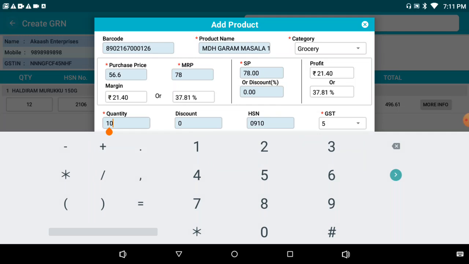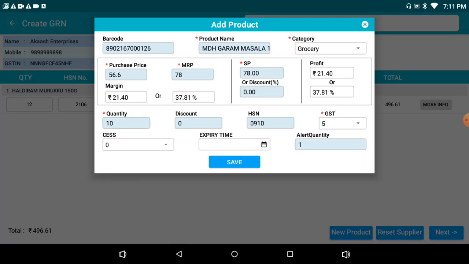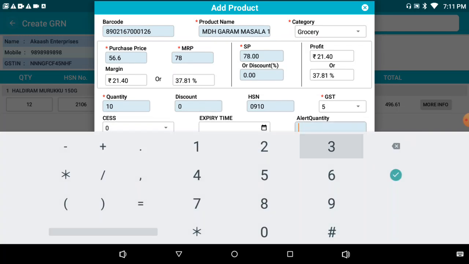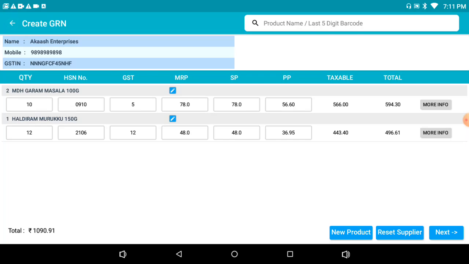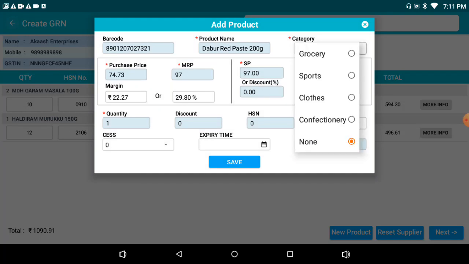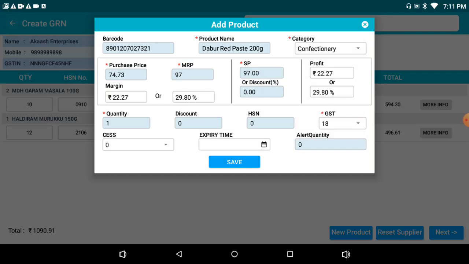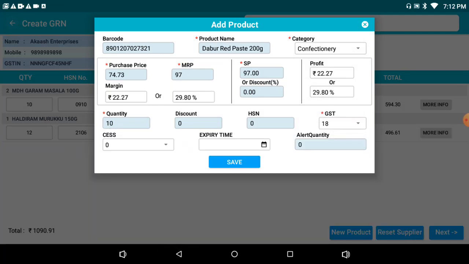Quantity, we are changing it to 10. Discount, HSN, alert quantity, we are updating it to 3, and now we are clicking on save. In a similar way, we are scanning one more product. We are taking the quantity as 10.